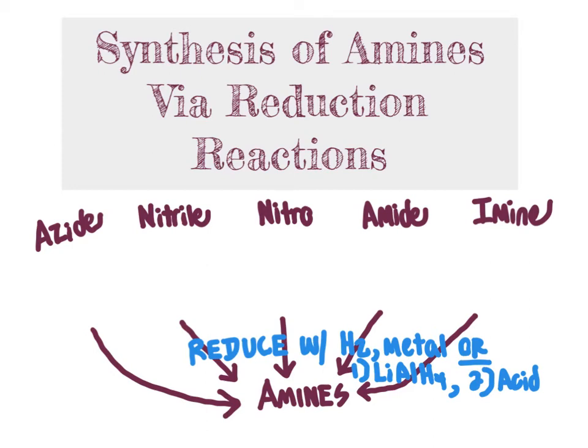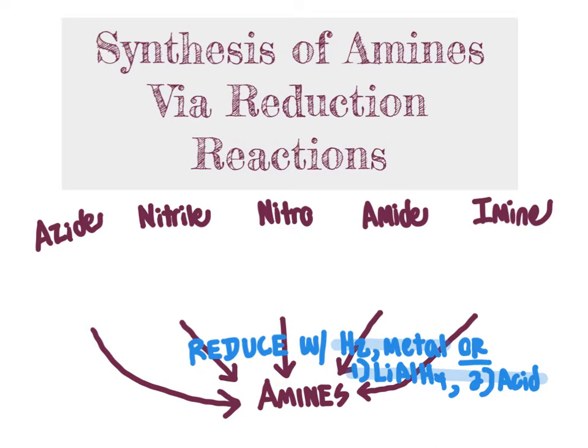In this video, we continue our discussion of amines by going over ways to synthesize amines via reduction reactions, where we can reduce any of the following circled types of molecules to amines by using either hydrogen and a metal catalyst as our reducing agent, or lithium aluminum hydride followed by the use of acid. Those are two of the common reducing agents that we have learned in the past, and those will both be